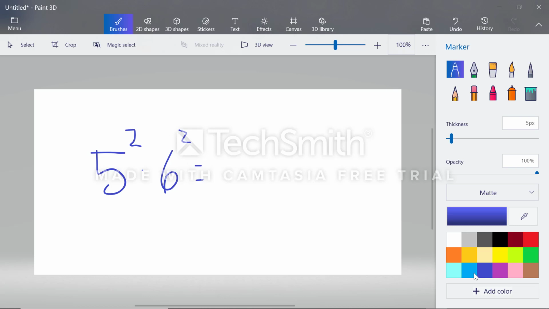This is saying that I have two groups of 5, two groups of 6, right? So I'm going to expand this first. This is going to be 5 times 5 times 6 times 6. If I look at it like this, I have this group of 5 times 6, I have this group of 5 times 6, right? I have two groups of 5 times 6. So I can actually condense this and rewrite this again as 5 times 6